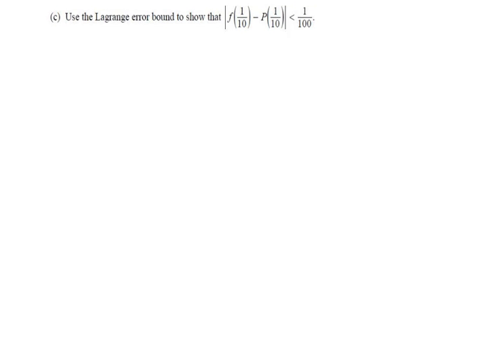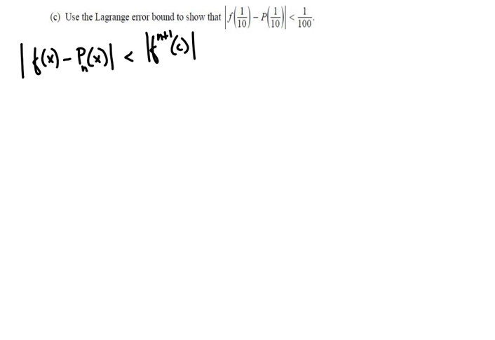In part C, we're asked to use the Lagrange error bound to show that the difference, or the error, between the actual value of f of 1/10 and the estimated value of the function at 1/10 is less than 1/100th. Well, the Lagrange error says that the absolute value of the function minus the value for the Taylor polynomial, the nth degree Taylor polynomial,